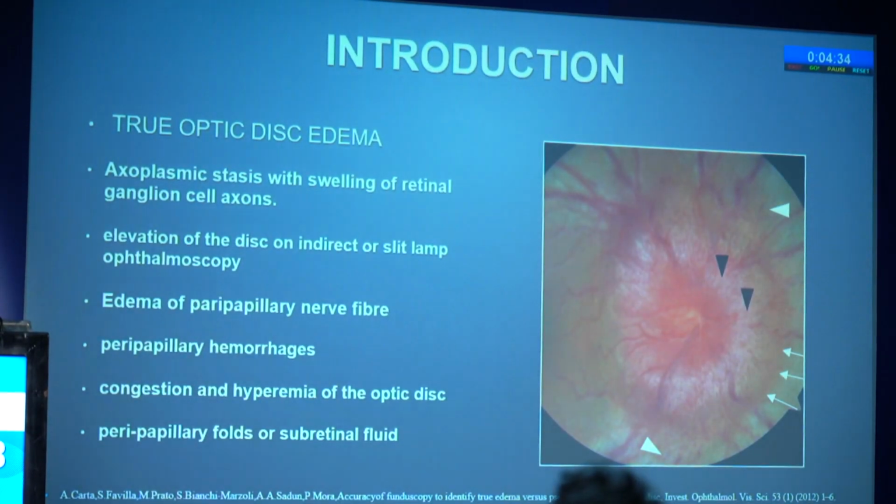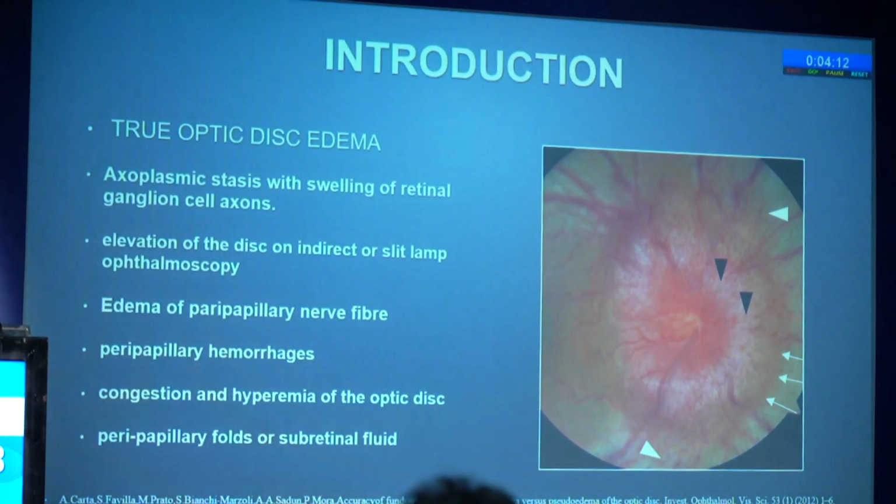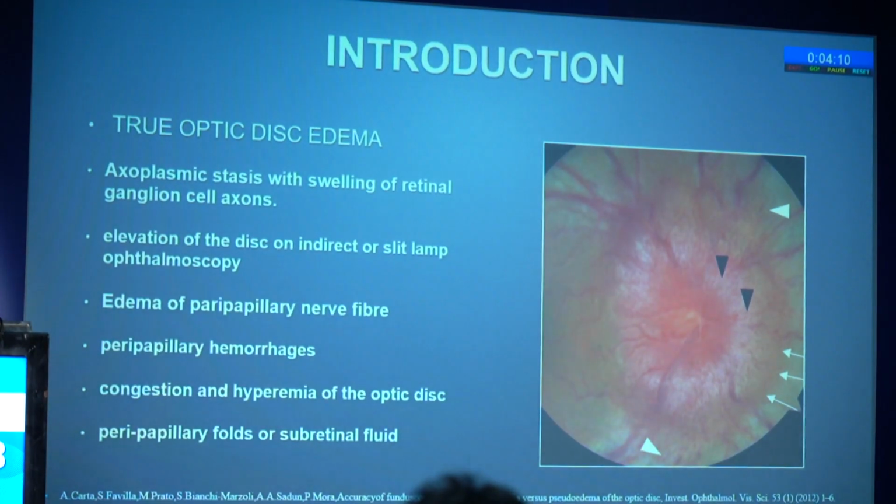So coming to a true optic disc edema, how is that different from the pseudo one? Here there is an elevation associated with axoplasmic stasis. There is an elevation of the disc which can be appreciated on slit lamp ophthalmoscopy. There is associated peripapillary nerve fiber edema with peripapillary hemorrhages. There is congestion and hyperemia of the optic disc with peripapillary folds, and it may be associated with subretinal